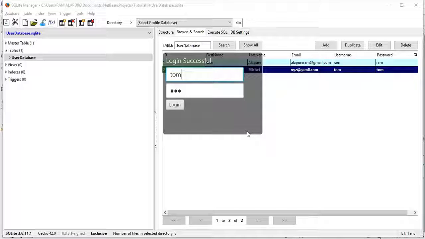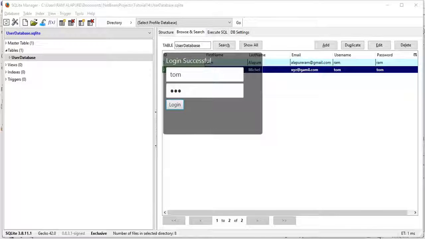So username of Tom is Tom and password also Tom, so Tom and login. As previously shown, I'm going to add a wrong password. So login of Tom is failed. Now I'm going to check for the correct password. So Tom and password of Tom is Tom, so login with this, and hence the login of Tom is successful.